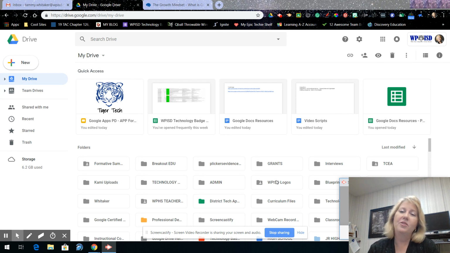You can be in there if you are in your mail client in Gmail. Then you are able to go to the little grid in the upper right and choose Drive from there. Lots of different ways to get there. So make sure you're in Google Drive first. And once you're there,